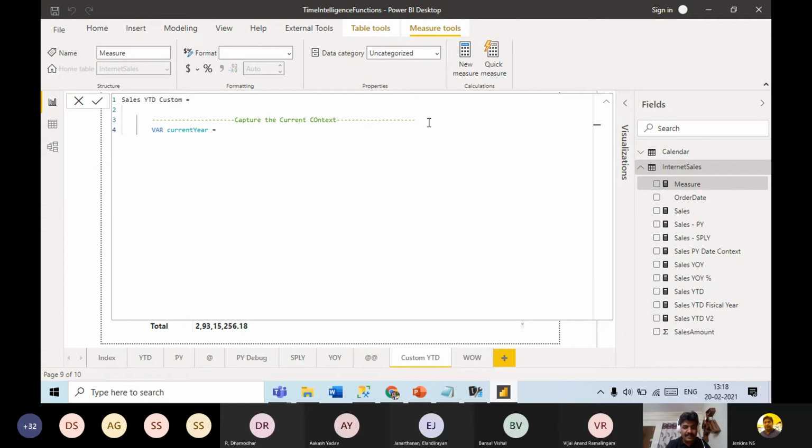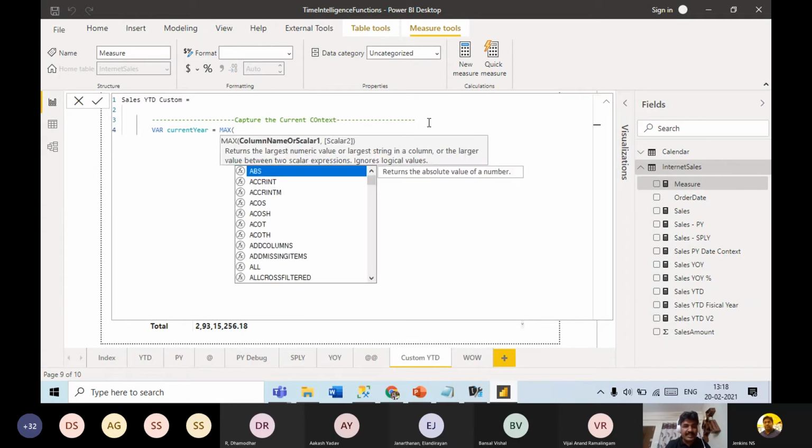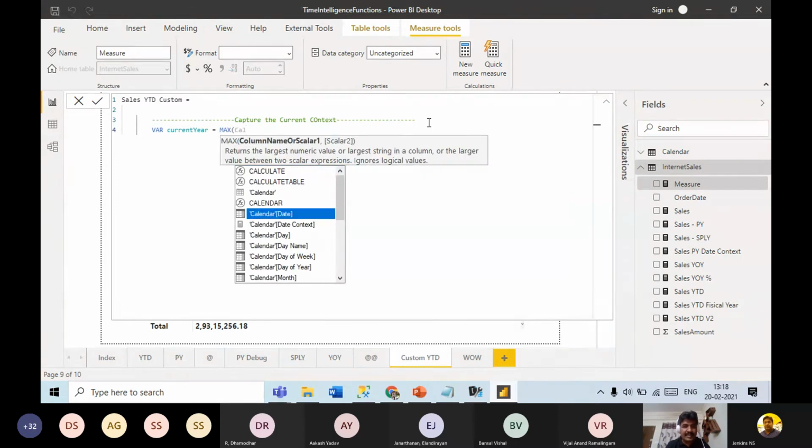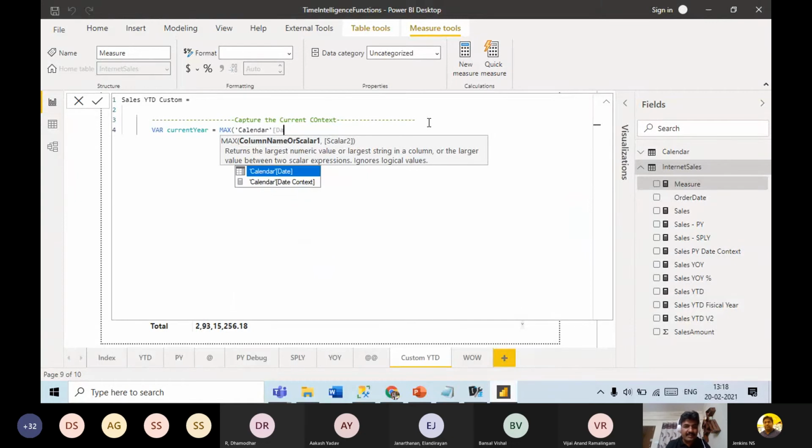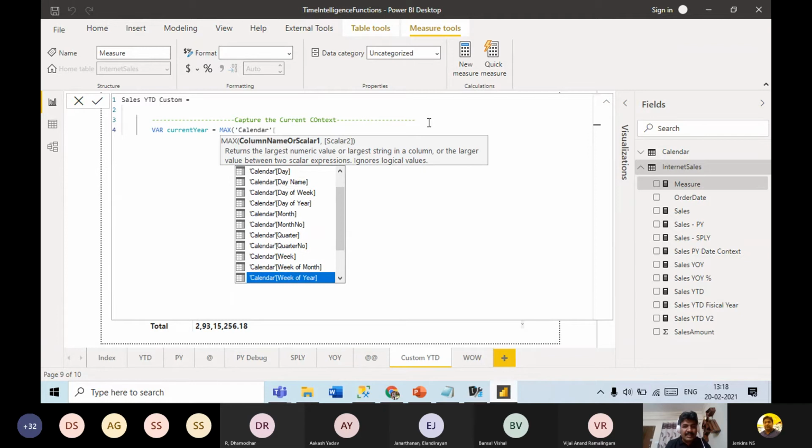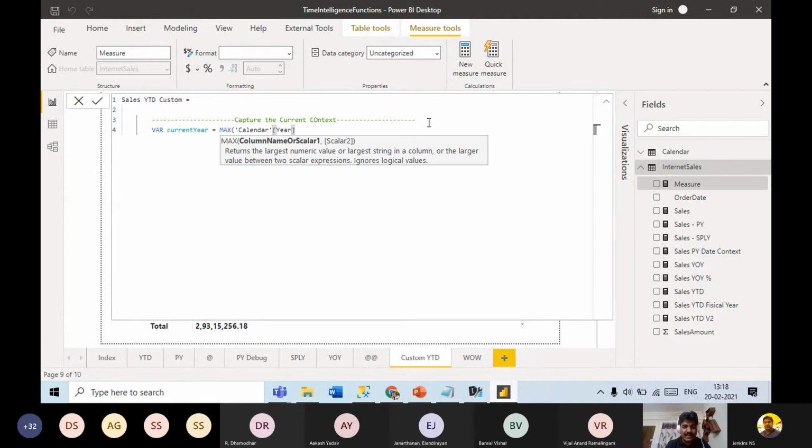Current year equal to max calendar year. Current context year I am taking in a variable. Then what is the current max date?